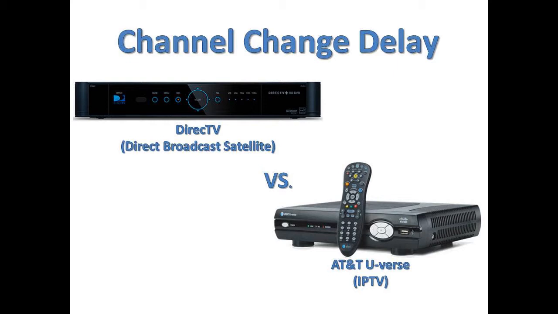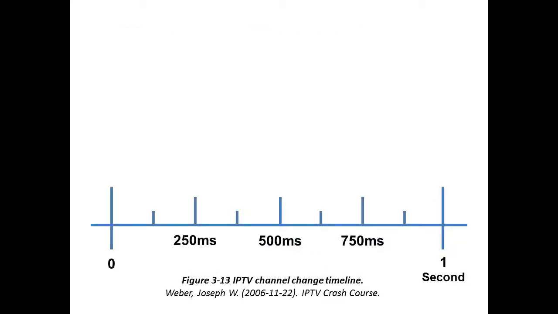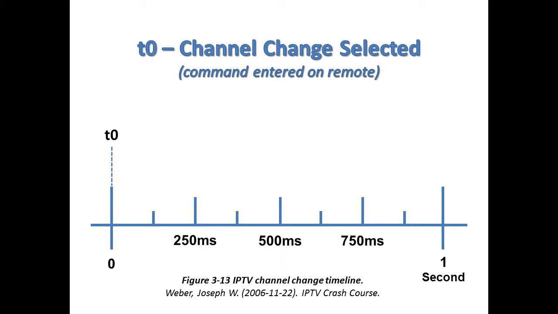The text went into great detail on this in Chapter 3. The following slide I'm going to go through was adapted from Figure 3-13 on page 96 of the IPTV Crash Course text. It's pretty amazing what happens in under a second when you change the channel. We really don't think about it too often, but it's extremely important for the channel to change quickly. If you've ever had a service where there is some lag after having a service where there wasn't a lot of lag, you notice it, and it's pretty annoying. You'll definitely get to see that in my video that follows, that actually shows that real world example. So walking you through Figure 3-13,